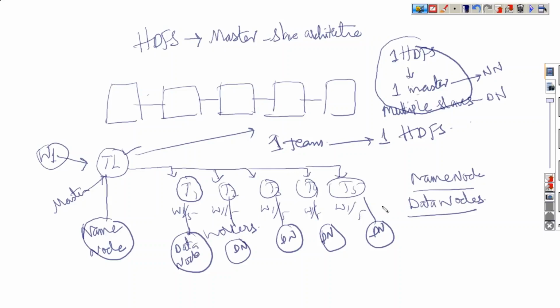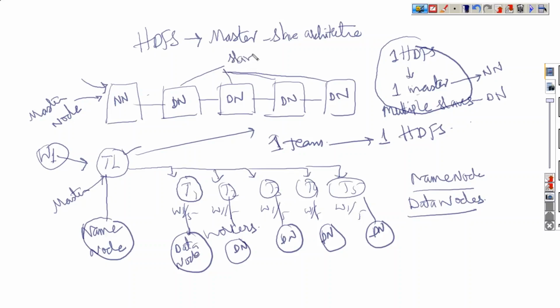So if any work comes, that will be distributed to all the workers and that will be done. So here, let's say I install name node here, and I install data nodes in all the 4 machines. Now this node will be called master node. Why I'm calling it master node is because the master process is running in that node. And these nodes are called slave nodes. Why? Because slave processes are running in these nodes. That's it.